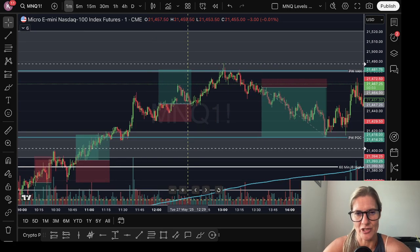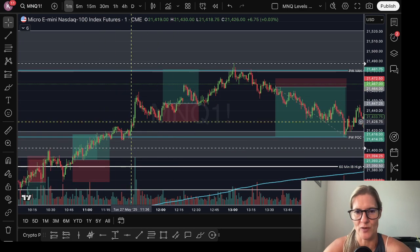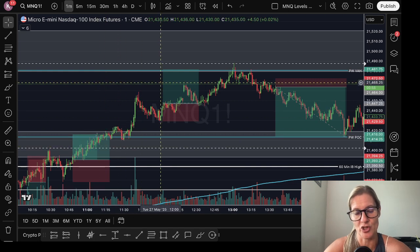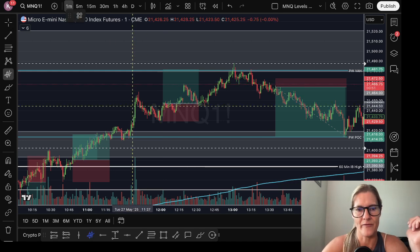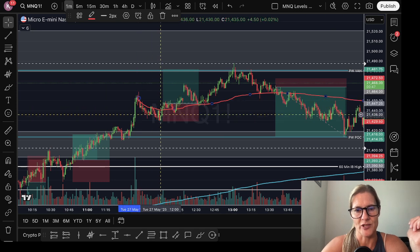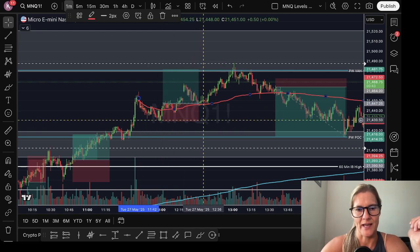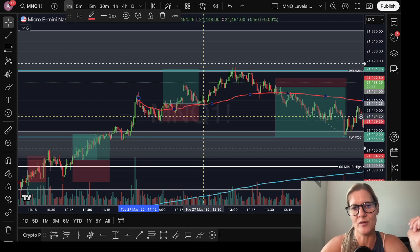Next one I took was a break-even trade. So what I did here is I used anchored VWAP. Since we were just trending, like grinding up all day, I feel like I didn't really have another good entry to get in on. So I took an anchored VWAP from this high, and once we had a bullish close above that VWAP, I put my risk down below the previous low,